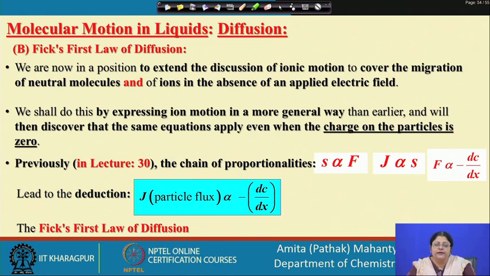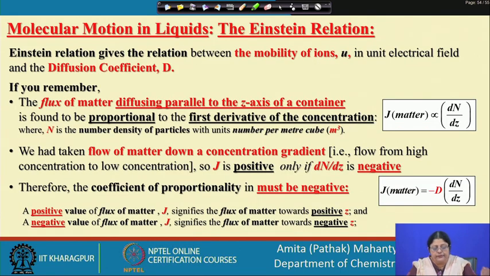If you have a gradient in concentration, the migration of particles will take place even if they are not charged. Now, there is a relationship which is called the Einstein relationship, the Stokes-Einstein relationship. We are going to derive this and see how the mobilities of the ions in a unit electric field can be related to the diffusion coefficient, which is essentially due to a